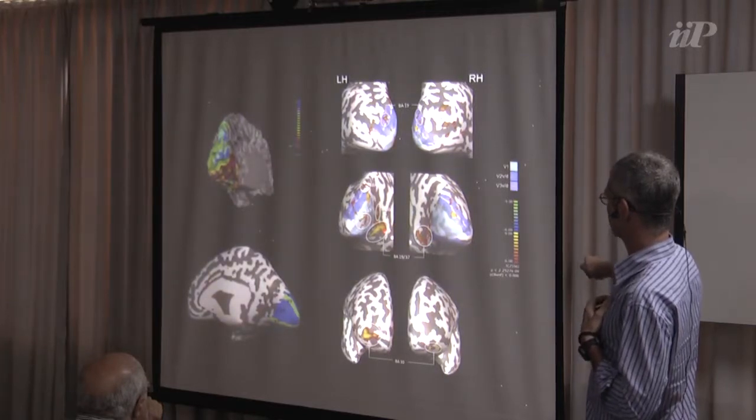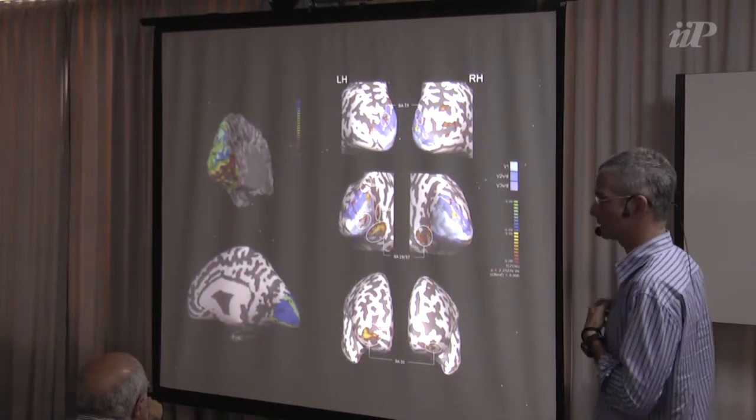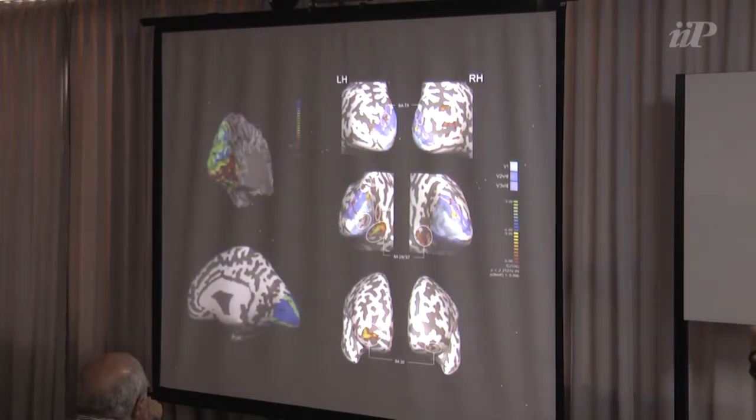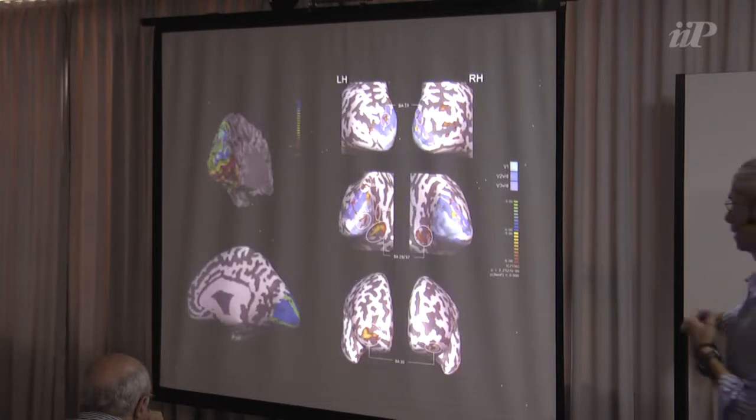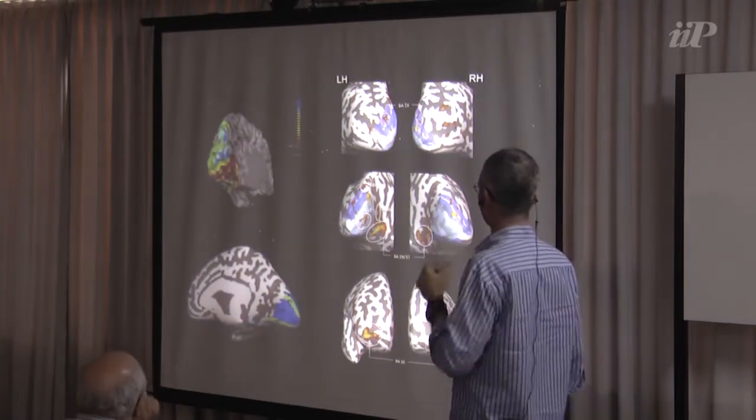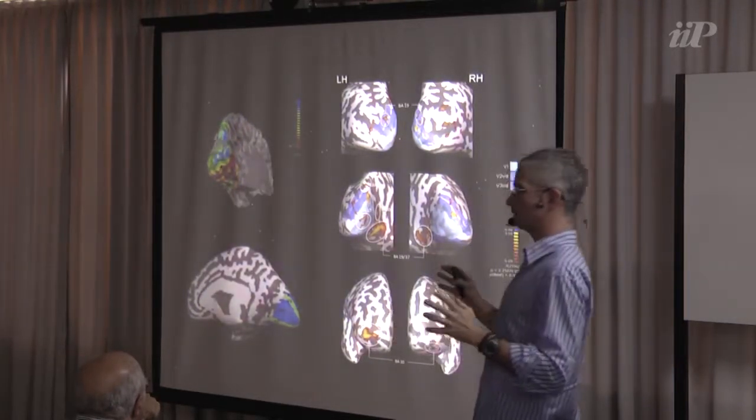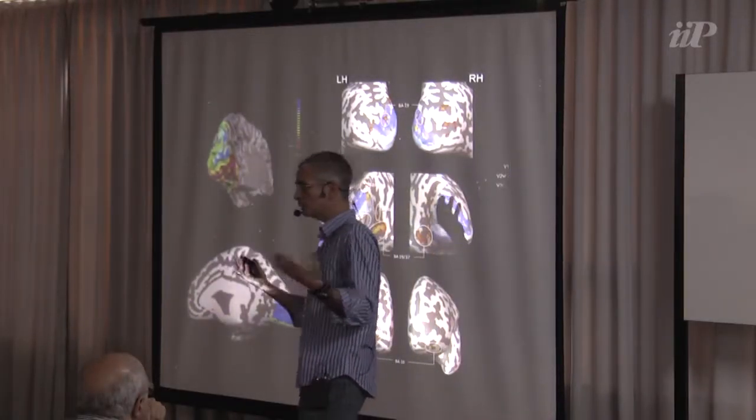Mesiotemporal areas like the parahippocampal gyrus, part of the hippocampus, and the fusiform gyrus are also modulated, and this frontal polar area is also modulated. So what we see here is that ayahuasca, during this mental imagery task, seems capable of modulating parts of your visual system and parts of your memory system.